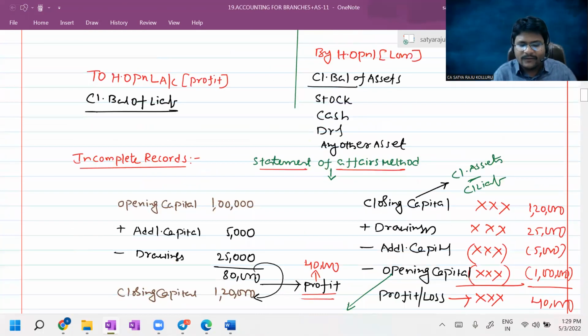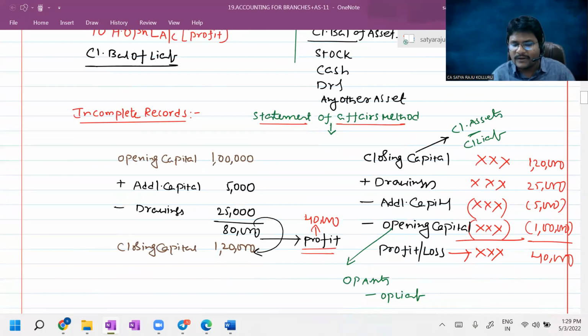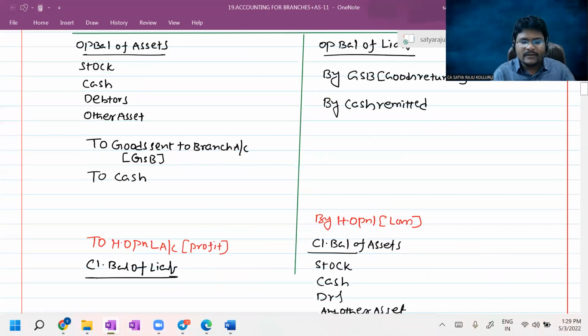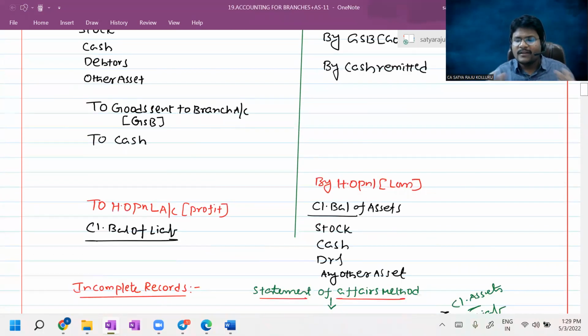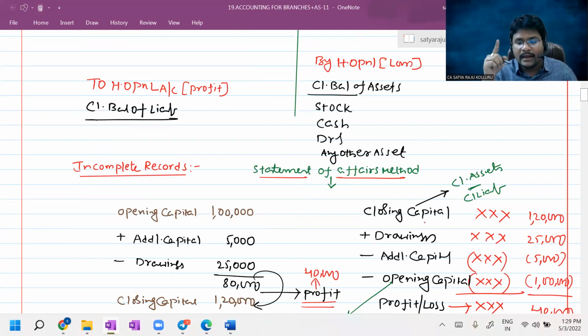Sir, in case of incomplete records under the statement of affairs method, to know the profit or loss of that particular entity related to the particular period, how did you start? You started with closing capital, right? Closing capital is nothing but closing assets minus closing liabilities, right? Closing balance of assets under the debit side, minus closing balance of liabilities under the credit side, then you will get closing capital. Do you agree? Next,